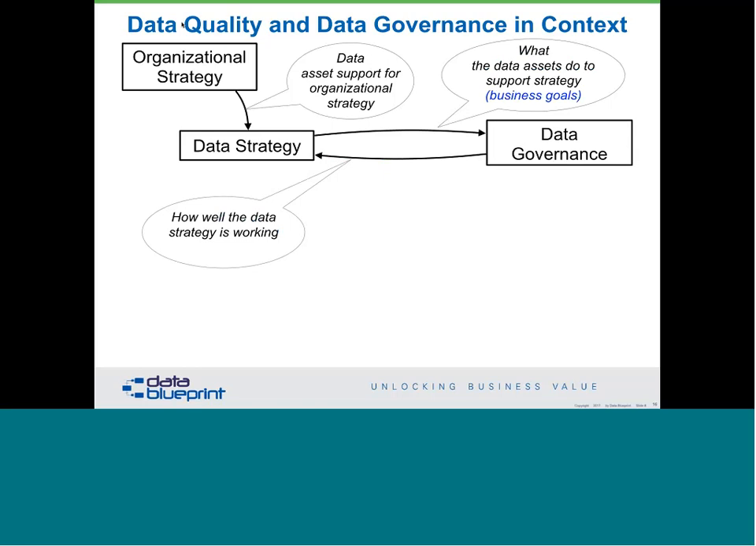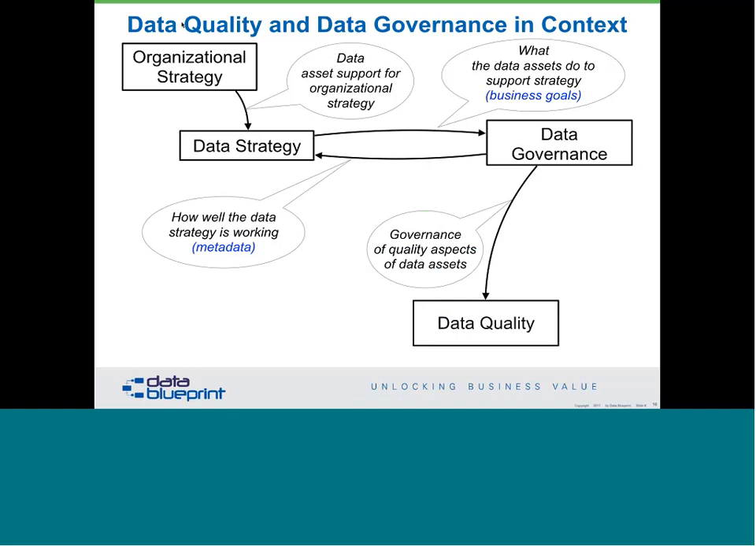Similarly, the feedback from data governance goes back and says, how well is the data strategy working? And the language of data governance is metadata. So again, if you're talking about something else during your data governance initiatives, that is going to be an issue. One of the many things that data governance can do, though, is talk specifically about how improvements to data quality can help data be better employed in support of data strategy, again, employed in context